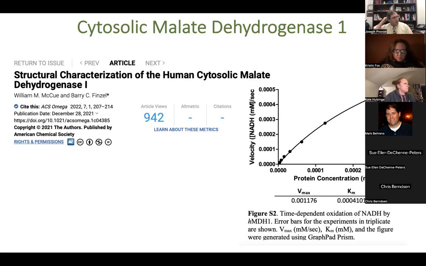the structure with them. And they shared their kinetics, which is not a typical way to show the kinetics, where you have the concentration of the protein on the bottom and the velocity in millimolar of NADH consumed per second. So I think there's got to be some conversion to figure out how that matches our traditional. The Vmax should be okay. I'm not so sure about the KM, the way we typically use it, but you can at least find that